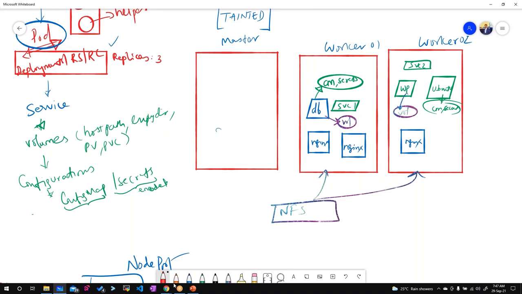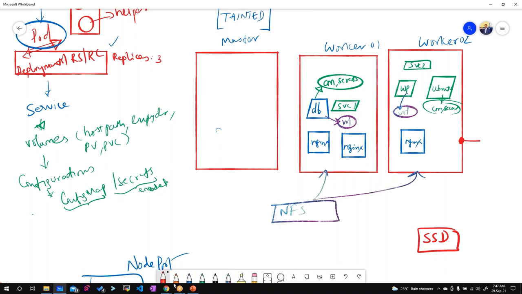Now I need a DB, I have a DB, and that needs a volume backup for reading and writing. But this reading and writing has to be fast enough, so what I did is I attached a solid state disk, which is fast enough, to worker node 02.